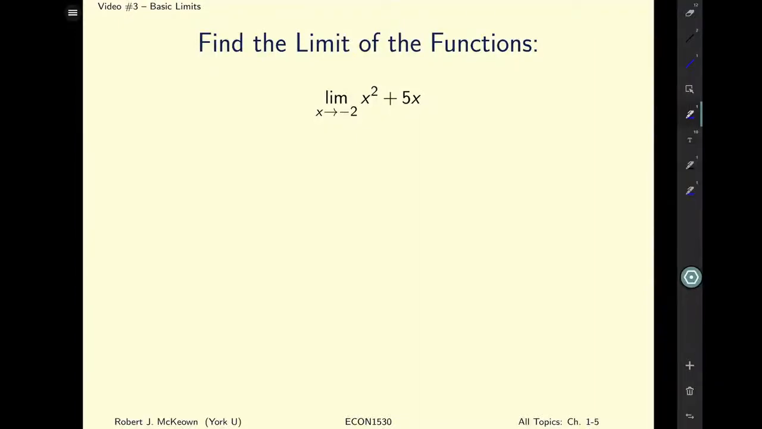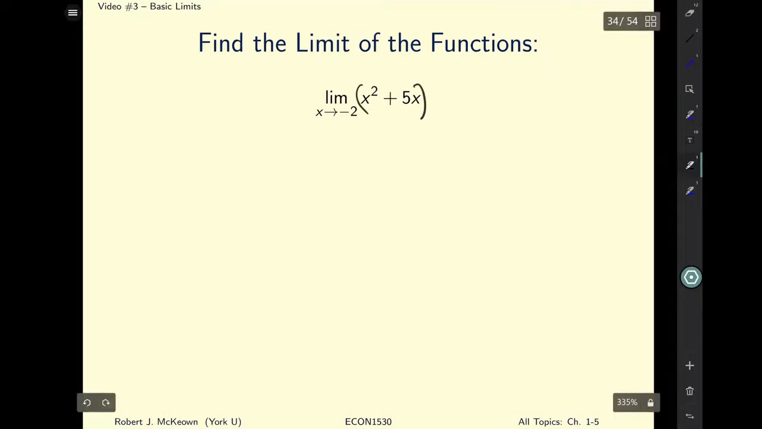Now let's work through some examples, and then when we're done with the examples, I'll give you the general rules. So we've got a limit problem here. We've got x approaching -2, so that's going to be easier to work with. And we've got this